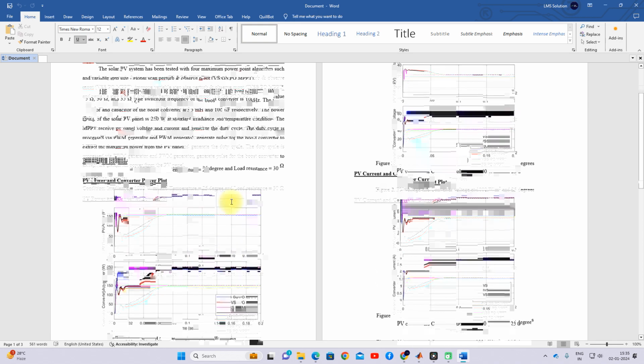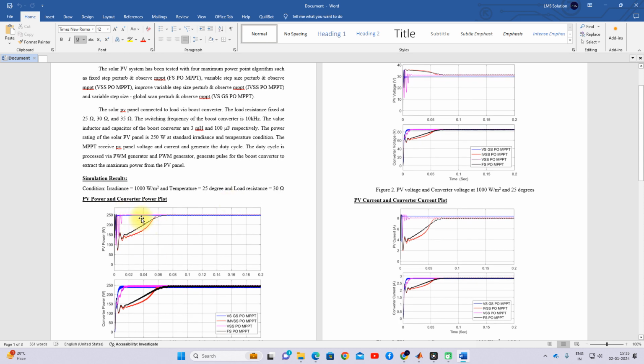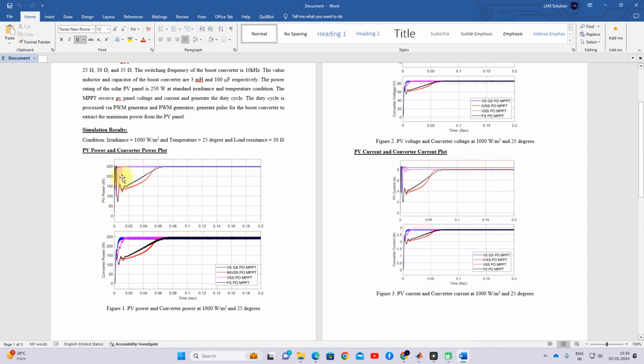So from this result, you will see that the variable step size global scan P&O MPPT provides better results than the other methods. So here you see that the remaining ones have some initial oscillation, but the variable step size global scanning P&O MPPT provides better results than the other methods. Okay,